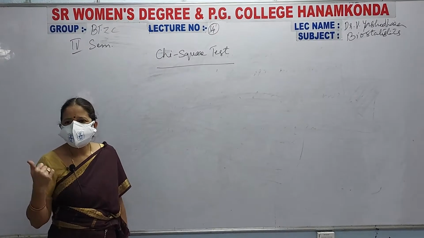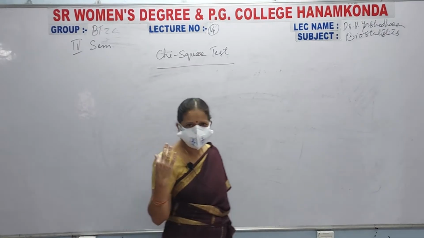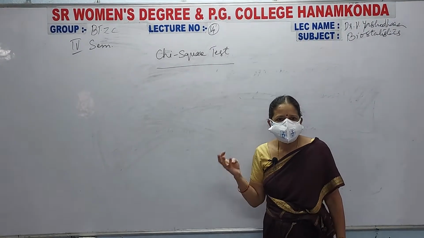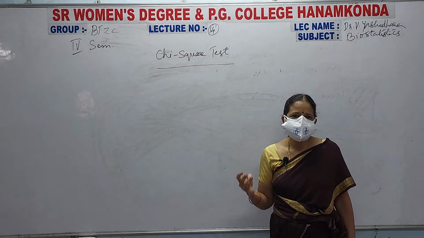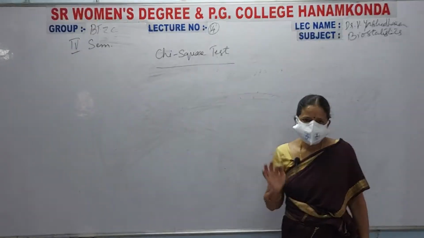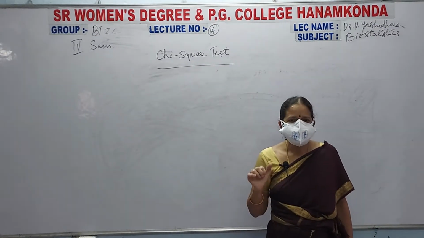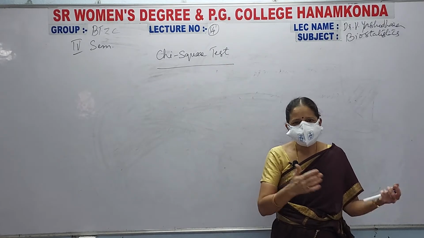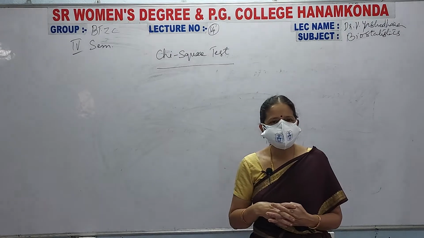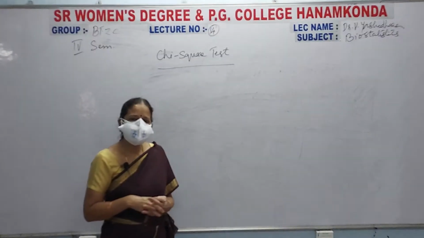Next we have seen the measures of central tendency, that is your mean, median and mode. Next, measures of dispersion. In that we have seen standard deviation, variance, coefficient of variance and your standard error. Next coming to the sampling. Next, after sampling we have done with probability, and after probability we have completed hypothesis, test of hypothesis,